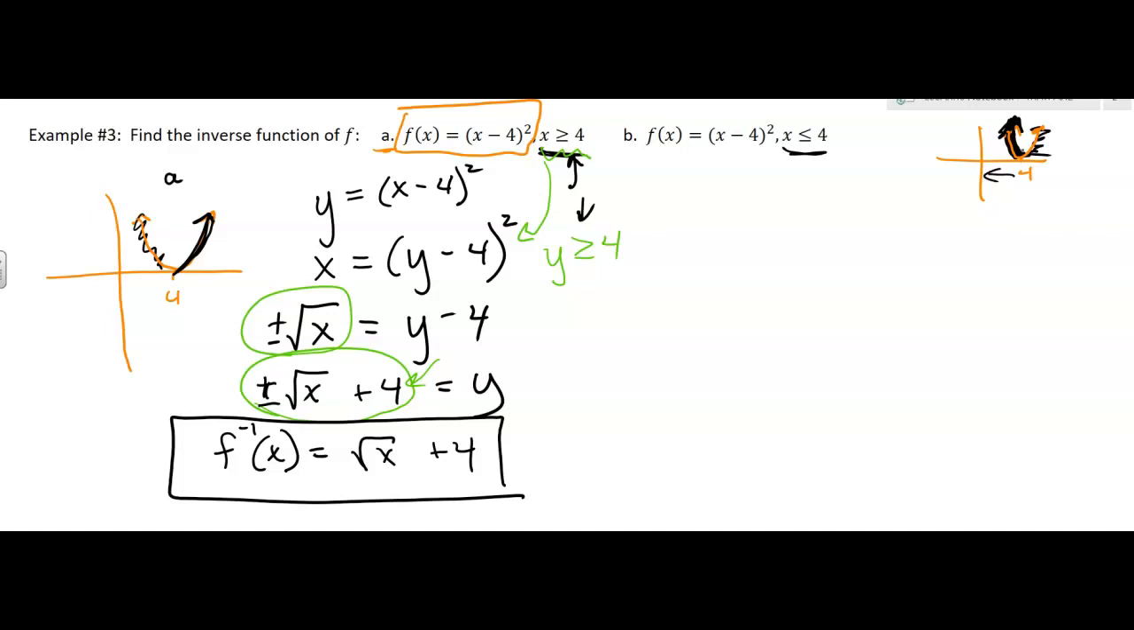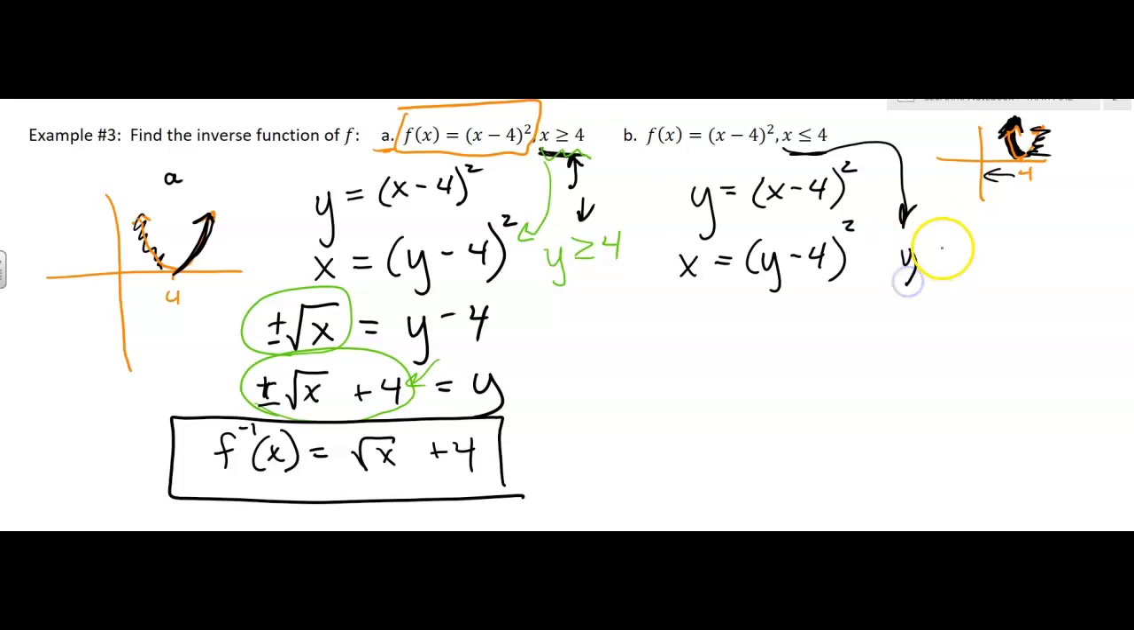Okay. So we'll write the function y equals x minus 4 squared. We're going to switch x and y. I guess we already did this. You don't have to redo it, but it's okay. We'll just show it to you again. Now, a lot of times I like to think about the restriction right there. When I switched the x and y, I'm changing the restriction to say y is less than or equal to 4. Okay, take the square root of both sides,